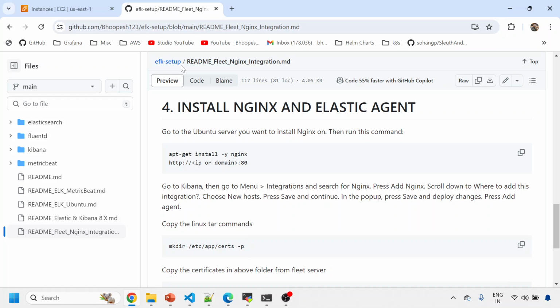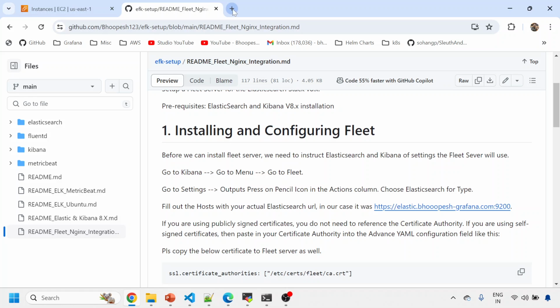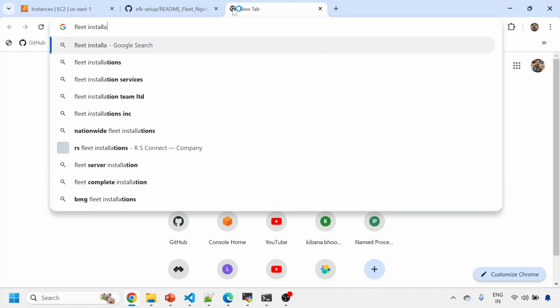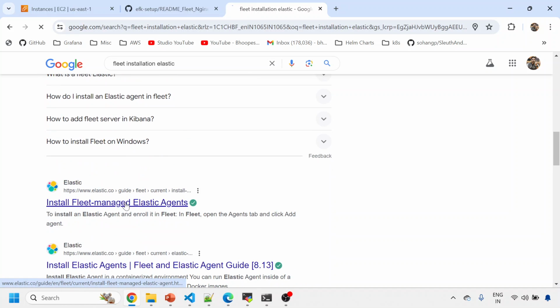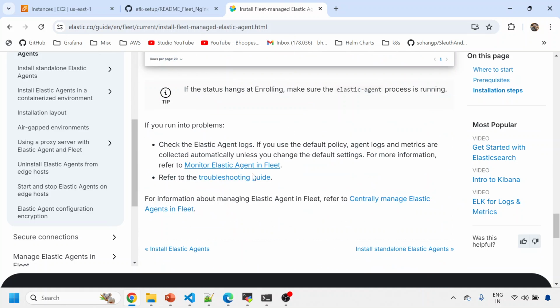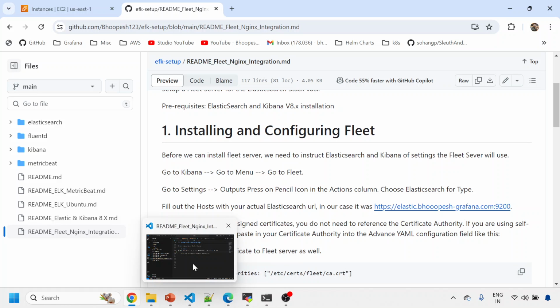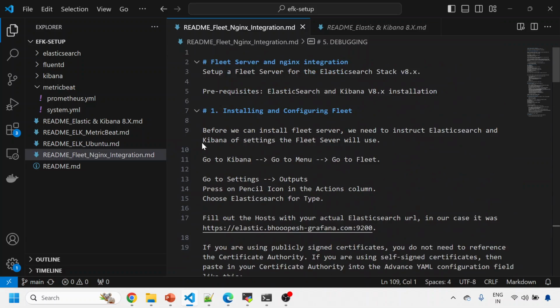We have a GitHub page to do all this installation one by one. Either you can follow the Elasticsearch documentation like this, the Fleet installation, this one, or you can simply follow this documentation that I've created. I'm using the same documentation, but in an easy way, so that anybody can come and do a copy paste directly. So let me start with the installation one by one,